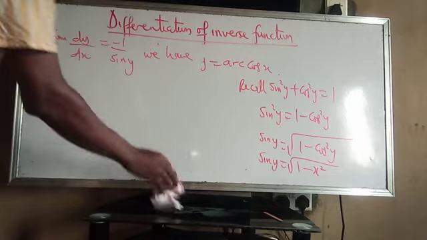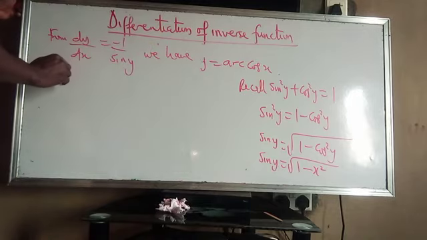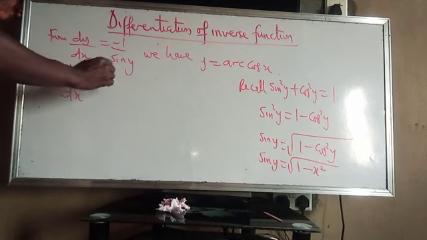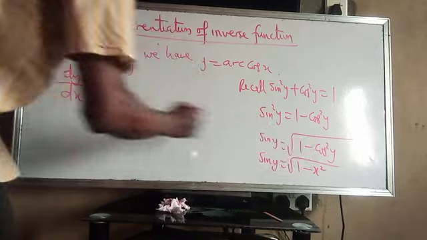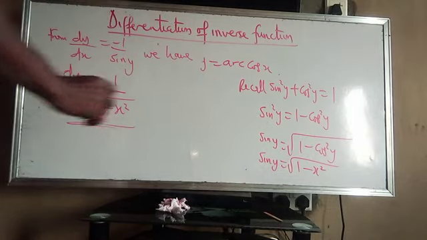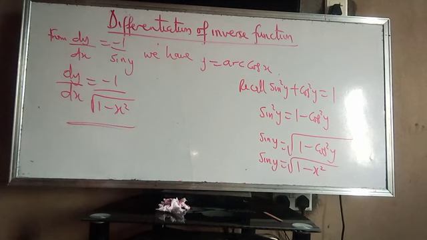We have dy dx is minus 1 over sine y, which is now 1 minus x squared. So that solves the problem. Let's look at another question